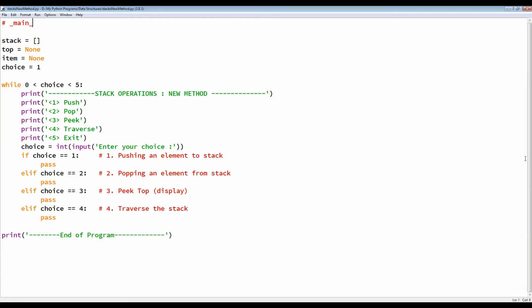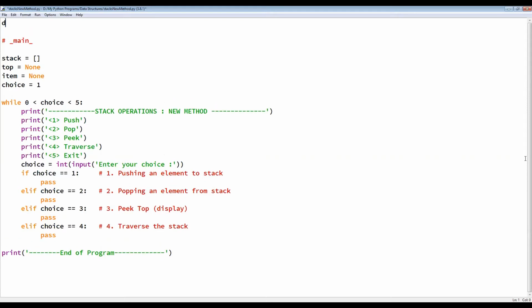Now let us go back over here at the top and start with the very first function, that is push. So push will accept stack and it will accept top and item. These three things we are accepting here. Function to push an element to stack.